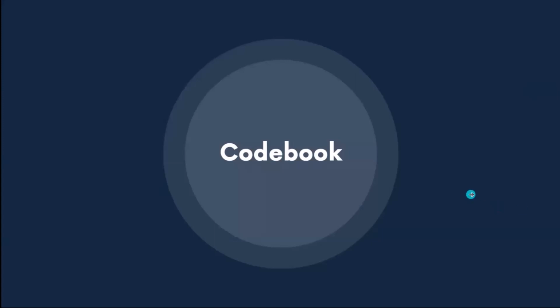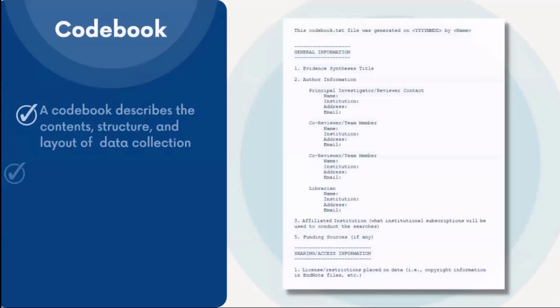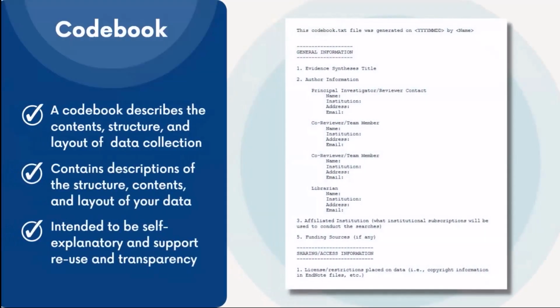You are probably familiar with codebooks if you do other research. Next slide, please. So we've actually been working on one for systematic reviews. You all might know that a codebook describes the content, structure, and layout of your data that you're collecting. It contains descriptions and structures and content for the layout of your data, and it's supposed to be self-explanatory and